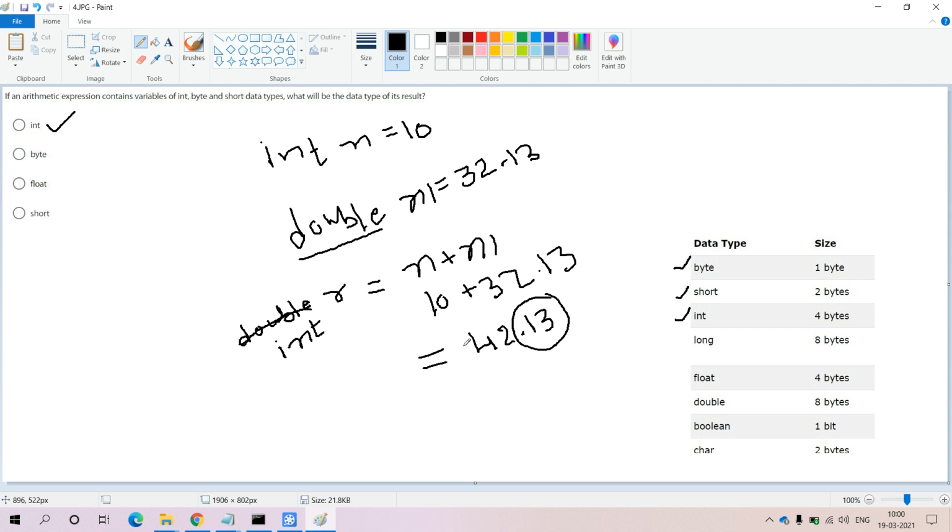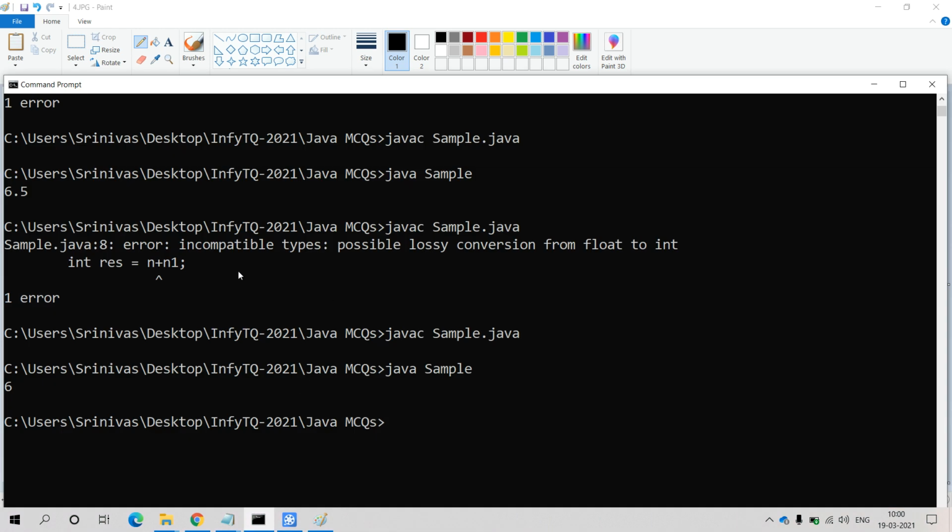So if you try to hold this entire arithmetic expression with an integer, you will get an incompatibility error. The error will be in the format of incompatible types, possible lossy conversion from double to float, double to integer, or float to integer. There is a possibility of losing some value here.